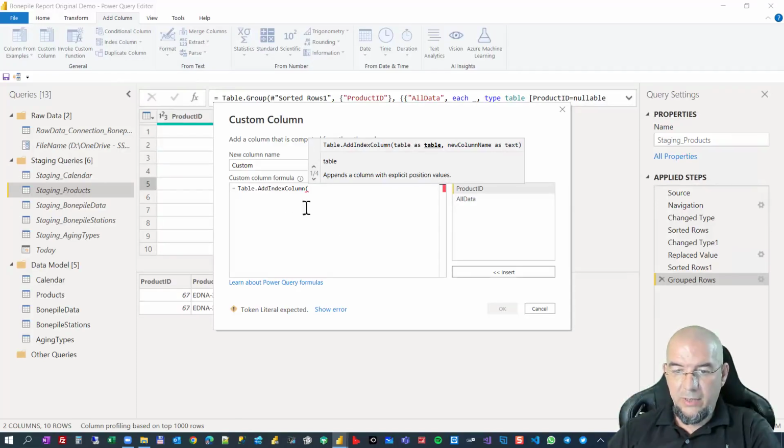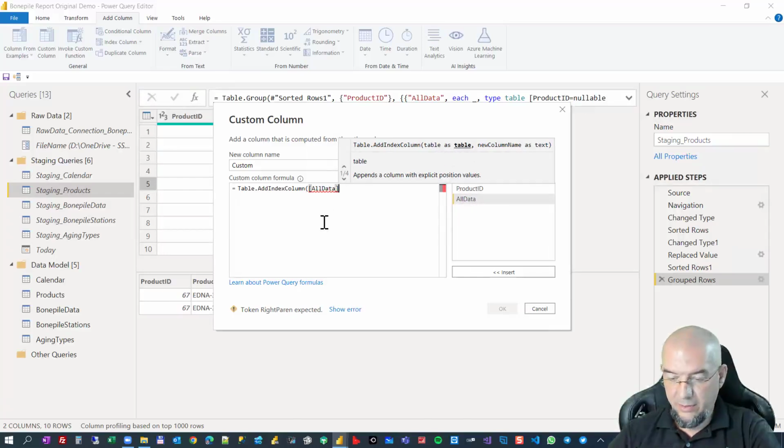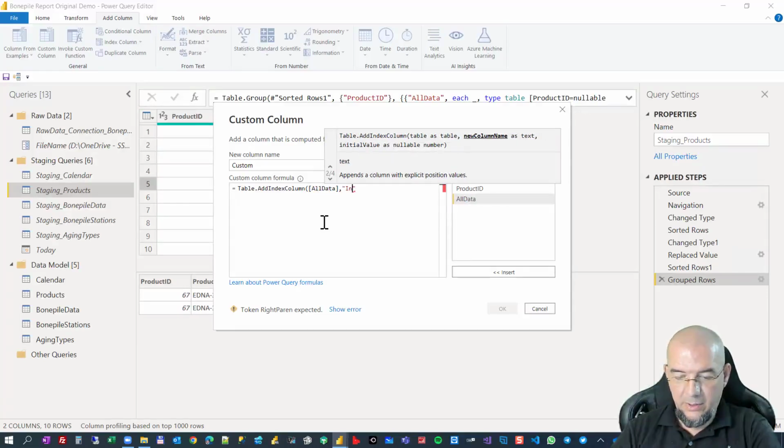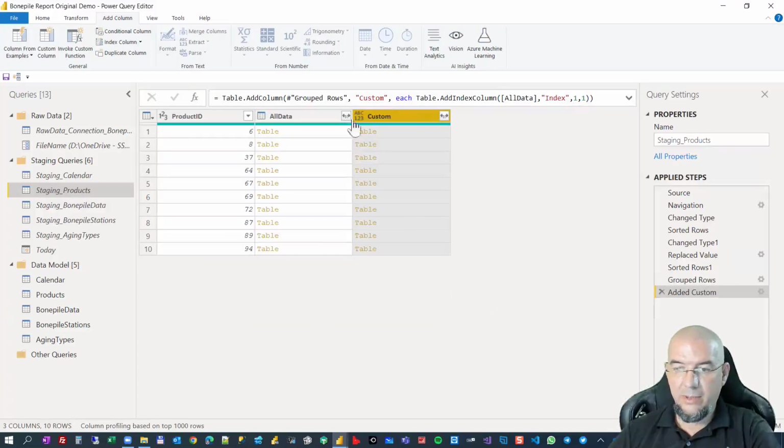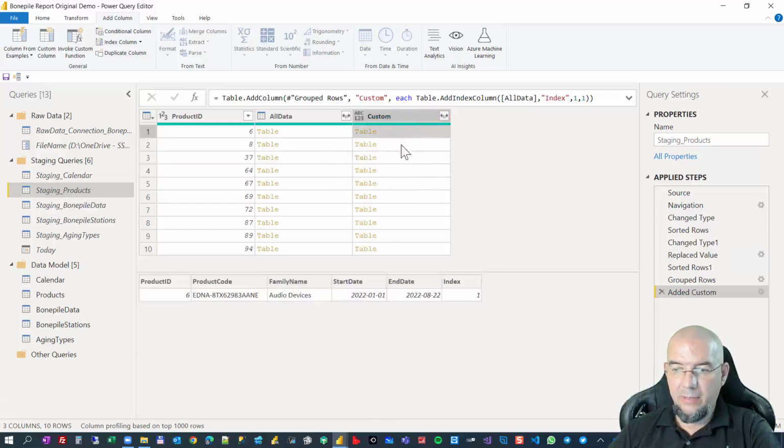This Table.AddIndexColumn is requesting a table as the first argument. This is the all data, a new column name, index, an initial value which is 1, and an increment which is also 1. Closing the parentheses, we'll get an additional column to this table, but this time we also have an index for